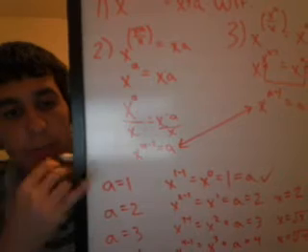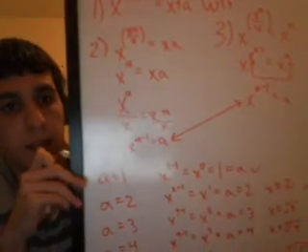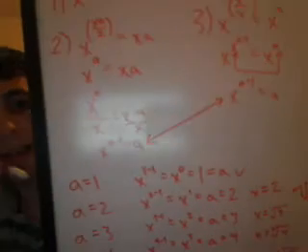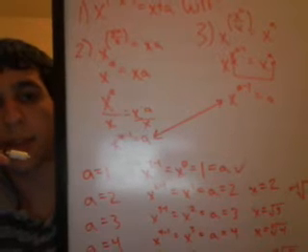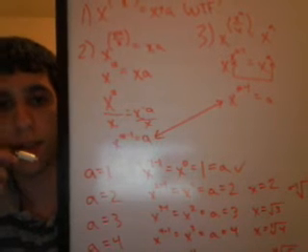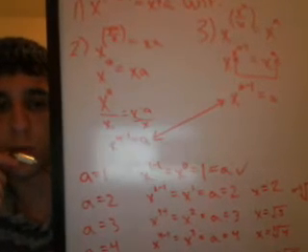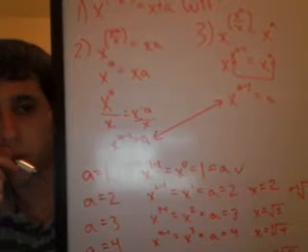Which, if you see the arrow pointing in the middle of the whole thing, is the exact same thing as if you would do it the other way, x to the power of x to the a over x is equal to x to the a. Because what you do is you